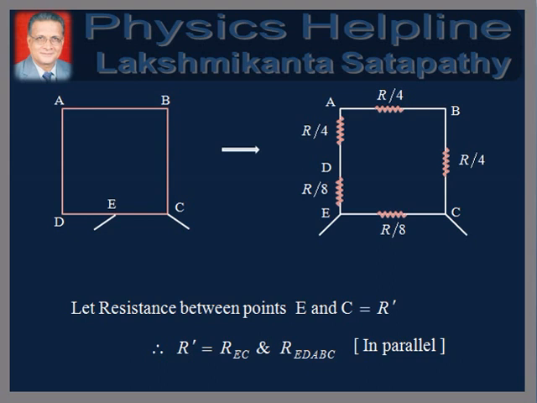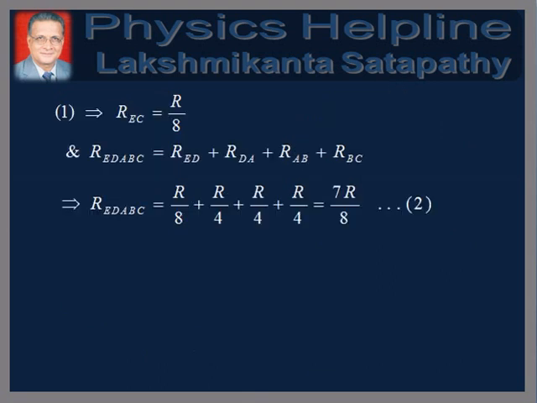Now R dash is equal to the parallel combination of resistance along EC and resistance along EDABC. From equation 1, we have resistance along EC, REC, is equal to R by 8, and resistance along EDABC